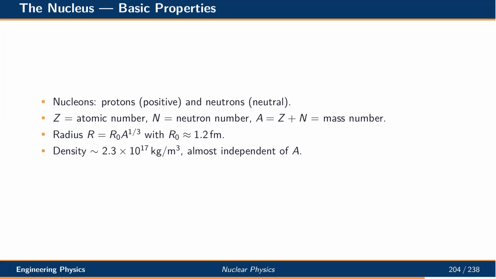The nucleus consists of protons and neutrons, collectively called nucleons. The atomic number Z is the number of protons, the neutron number N is the number of neutrons, and the mass number A is the sum of the two. The nuclear radius scales as A to the 1/3, with a coefficient of about 1.2 femtometers. Nuclear density is approximately 2.3 times 10 to the 17 kilograms per cubic meter, and is essentially